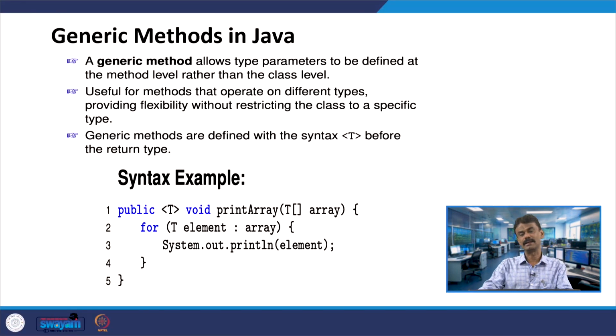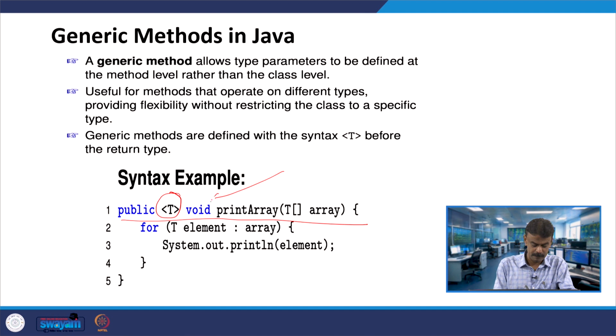So, similarly, like a template function we had seen in C++, here we call it a generic method, right. The same way we put the type name T in C++. So, here you can see, if you look at this particular line, it is a method, the name of the method is printArray, and you are using public, the generic syntax, then return type void.